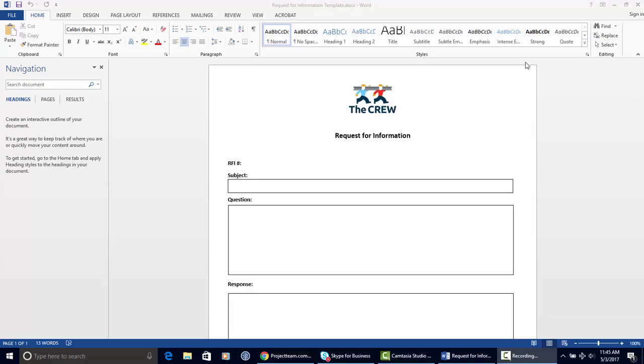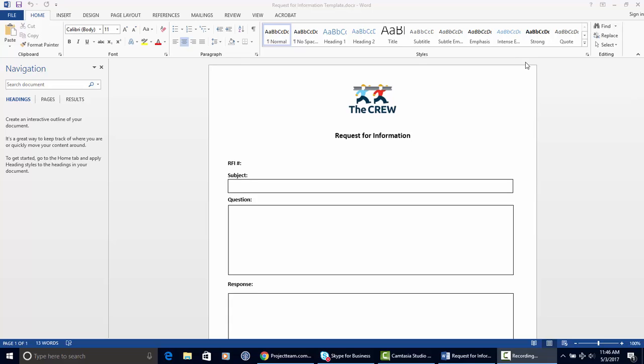So recently we've been getting a lot of questions about merge templates and specifically how to create merge templates using Adobe PDF. So I'm going to start off here in Microsoft Word because that's what a lot of templates start from. A lot of you are very used to using Microsoft Word to create your merge templates, and that's pretty easy. But it gets a little bit more involved when you want to create a PDF,